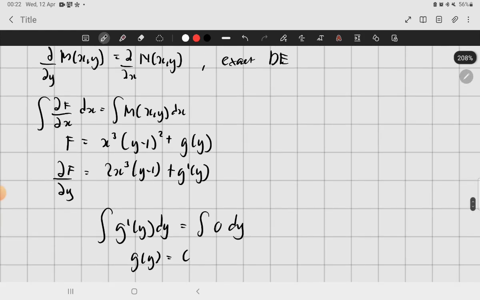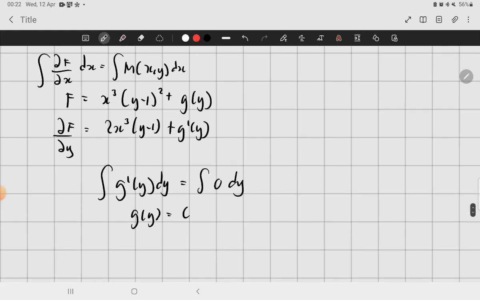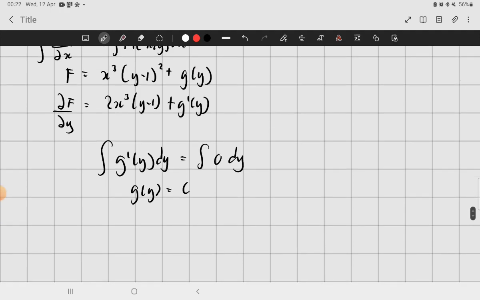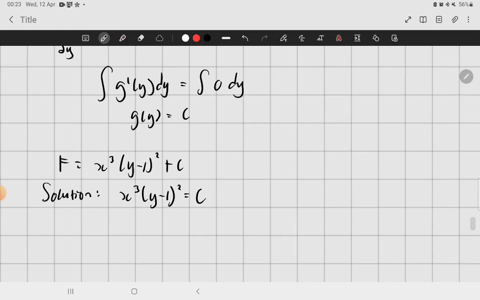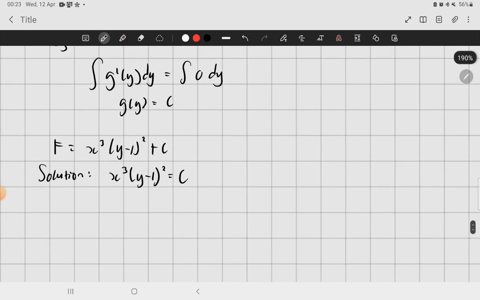And then by substituting back into your original function of f, you will obtain the function of f, which is x cubed (y minus 1) squared plus c. And then the solution will be x cubed (y minus 1) squared is equal to c, or negative c, but still a constant, therefore we leave it as c. And since this is an initial value problem, IVP, we have to use the given initial values, which is y of negative 2,